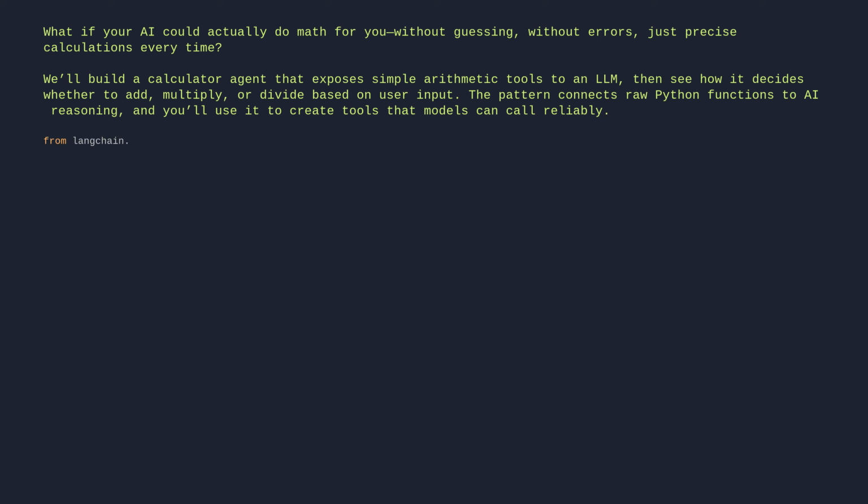From langchain.tools import tool. From langchain.chat_models import init_chat_model. model = init_chat_model("claude-sonnet-4-5-20250929", temperature=0). # Define tools. @tool